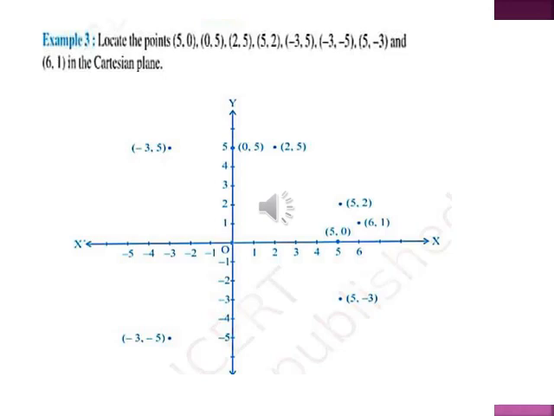I know you are getting confused between the second quadrant and the fourth quadrant, because in those one is positive and one is negative. Otherwise in the first quadrant both the coordinates are positive and in the third quadrant the signs of both coordinates are negative. So there is no confusion between the first and third. Be careful while plotting the points.